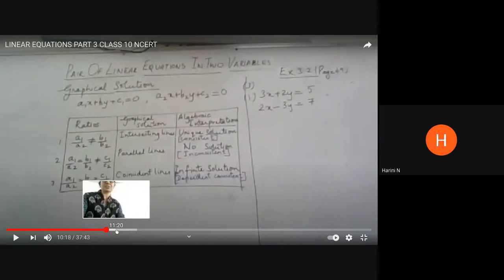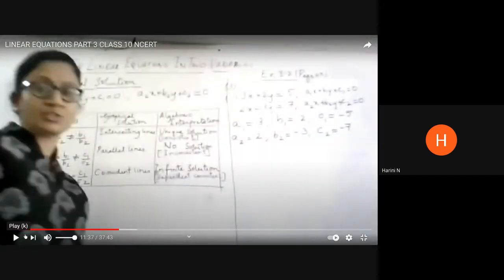That is what I have written here. See, that is the point I have written here. Can you see it? 3, 2 and negative 5; 2, negative 3 and negative 7. You should not make mistakes in this. When you choose and identify your A1, B1, C1, A2, B2, C2, take them correctly, with their symbols. If it is a negative number, you should take it as a negative. Don't forget the negative symbol. And before you identify the A1, B1, C1 and the A2, B2, C2, write it in the general form. Only then choose A1, B1, C1, A2, B2 and C2.